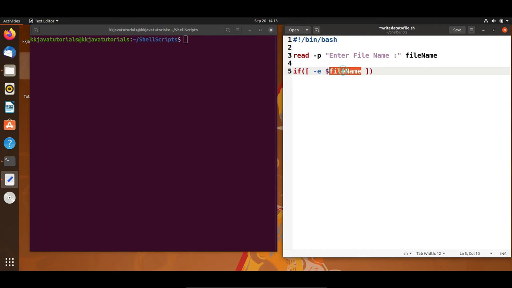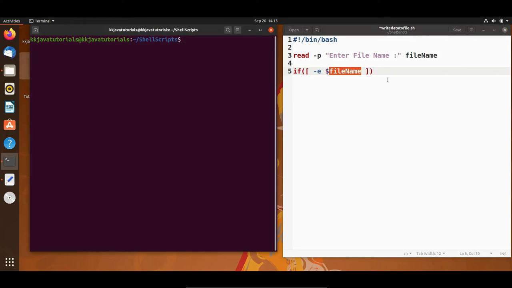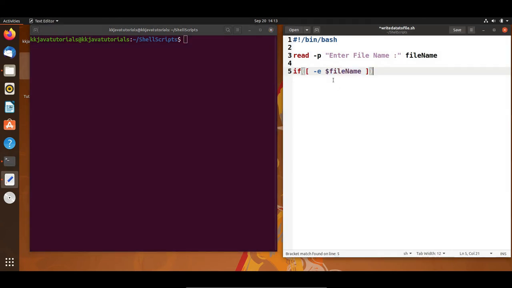If this file exists in my current directory, that is the present working directory, which is inside my home directory, a directory called shell script, and from there I am issuing all the commands. So this will check the existence of this file in my current working directory. If you want to check the existence of this file in some specific directory, then you have to give the absolute path or relative path.